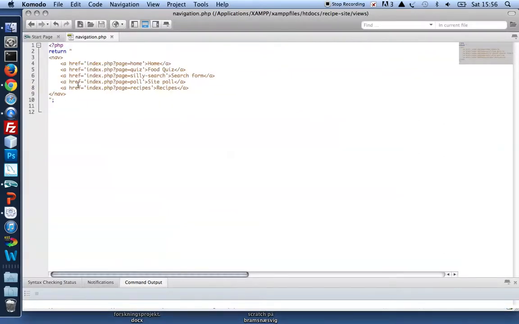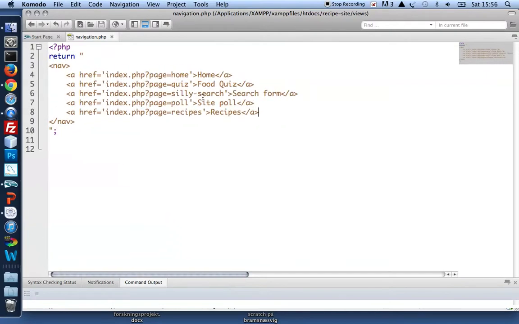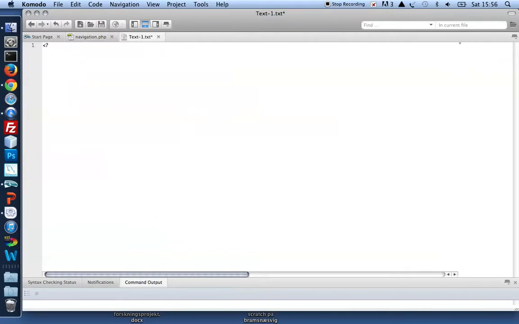And to that, I enter my navigation PHP script and add a navigation item, and make sure that I set an href that indicates the name of a file. So we could call that guestbook. Page equals guestbook. Because I've got page equals guestbook, I know that I'm going to want